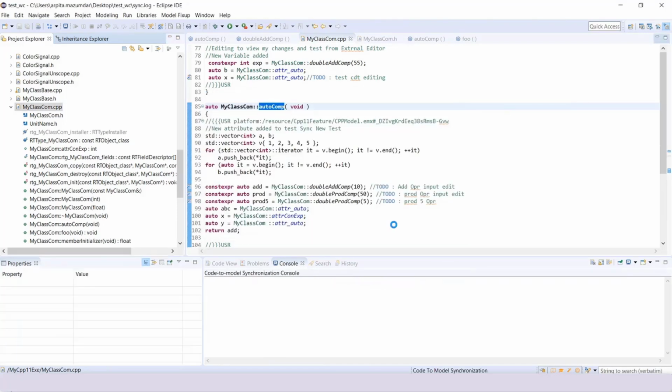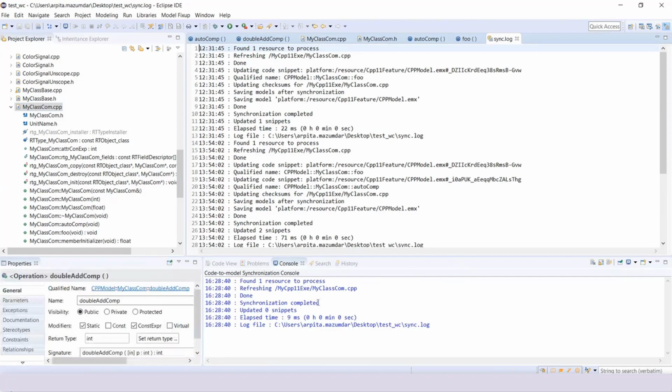When I do this, we get a console log along with the sync log showing whatever synchronization has happened in our model due to the changes in the C++ generated file.